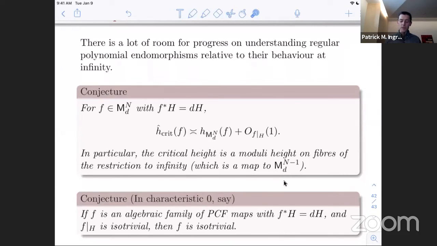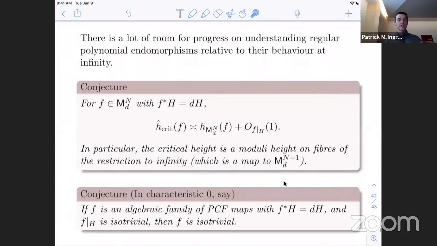And similarly, you might want to extend this Thurston rigidity type result to Pn. There's a natural analog there for a conjecture. Maybe on Pn, the only 1 parameter families of PCF maps are lattice examples. And again, here, I want to propose this idea that if you look specifically at maps with an invariant hyperplane, maybe it would be easier to prove a sort of relative rigidity. So the only non-isotrivial families of PCF maps in this case are those that are already non-isotrivial at infinity. And so having knowledge of the non-isotrivial families in one dimension down maybe allows you to conclude something in this dimension.